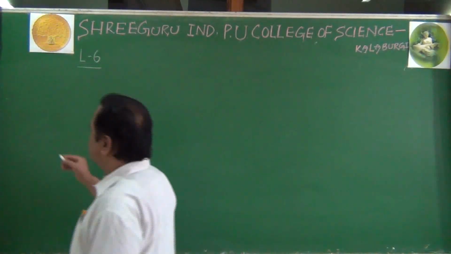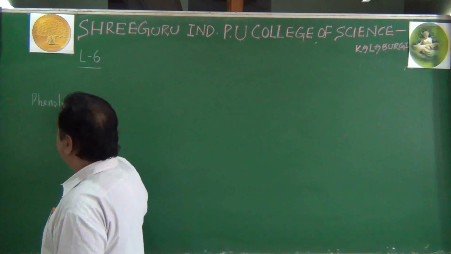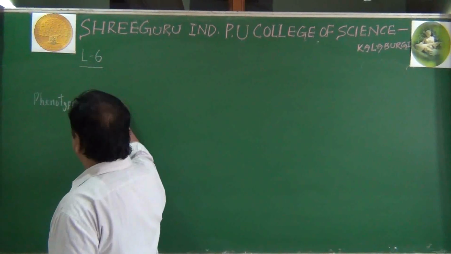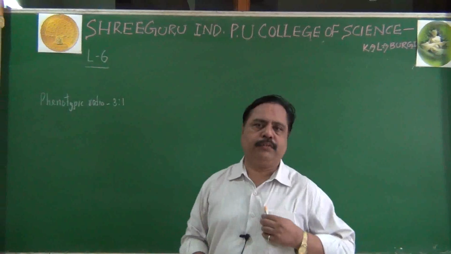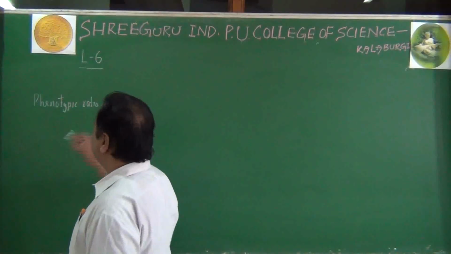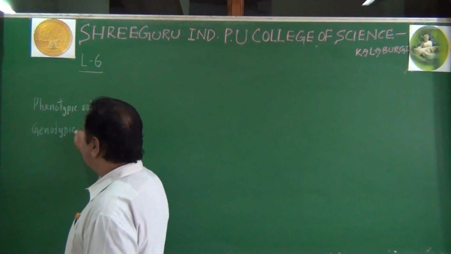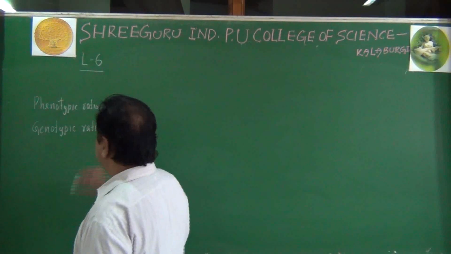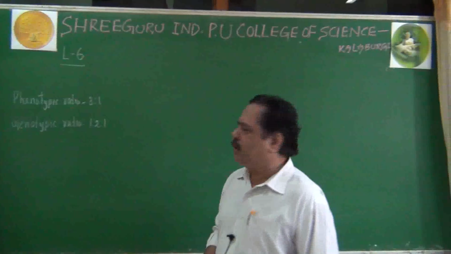In the monohybrid cross, you have to remember that the phenotypic ratio is 3:1. You must recall what a monohybrid cross is. It is the cross between two individuals with reference to one character. So its phenotypic ratio is 3:1. The genotypic ratio of a monohybrid cross is 1:2:1. You may be remembering. Okay, recall this point. So this is the phenotypic and genotypic ratio.